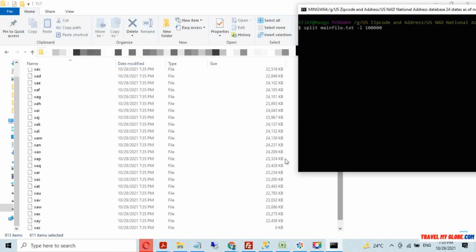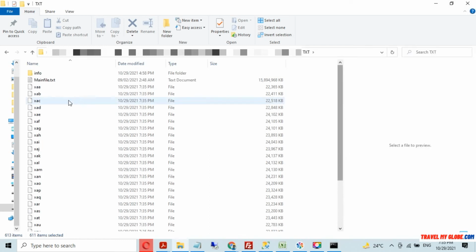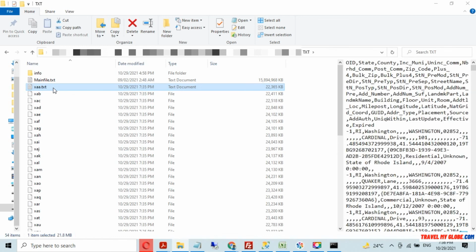Now what I can do is rename it to text.txt. I am now renaming one of the small files, and this file has turned into a Notepad text file. If I click on this file again, I can now open it in any editor. You can see that the preview pane is showing me the text in this file.